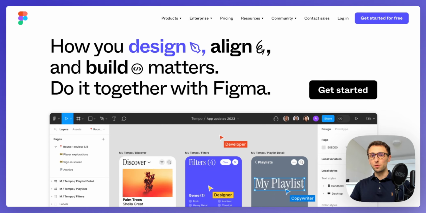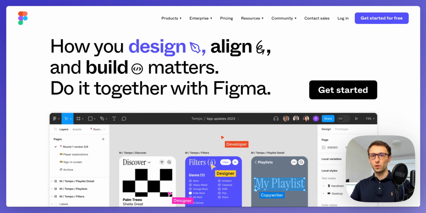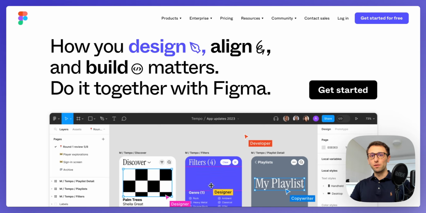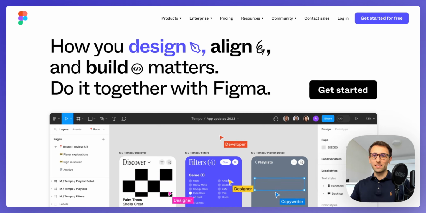So this is going to be useful in order to understand what goes behind the scenes in the life of a UI UX designer. So let's get started with the very first one, which, to no surprise, is going to